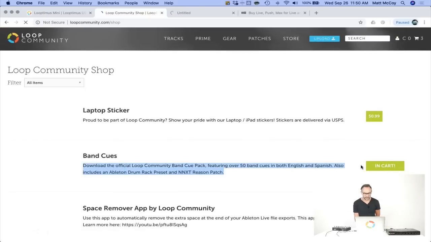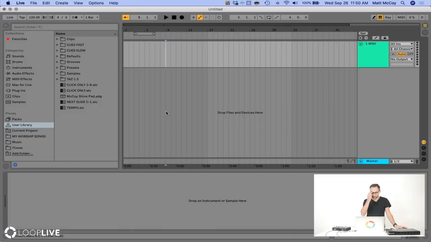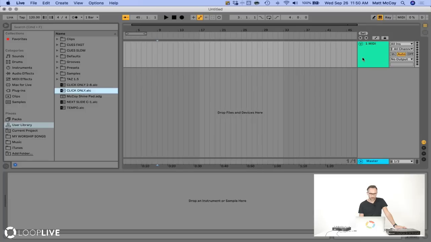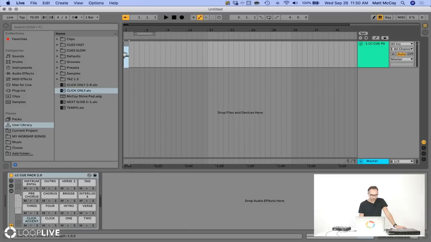And you can buy that, and when you buy that, inside of Ableton Live, the click pack will come up right here. And I'm going to click and drag this onto this MIDI track. Or you can also actually just click and drag and drop right here. What it's going to do is it's going to bring up this device that gives you a bunch of click